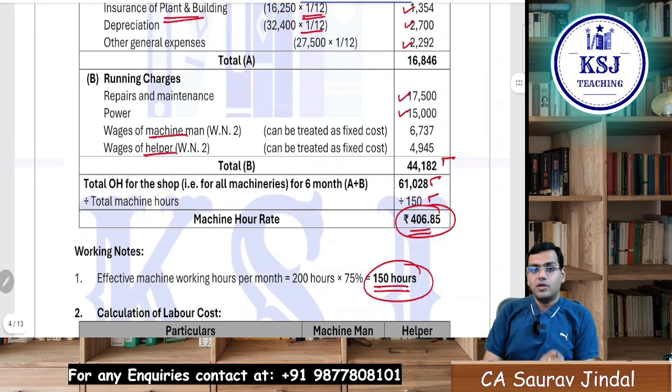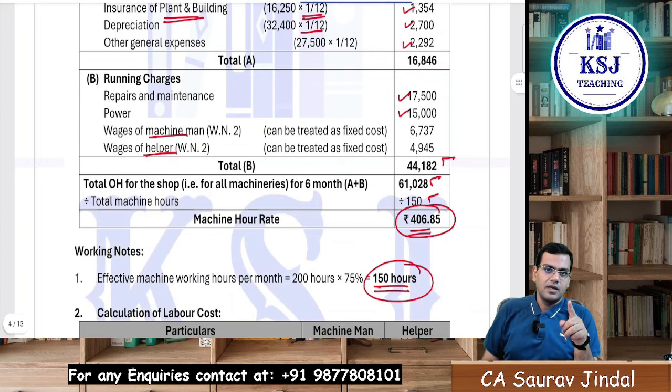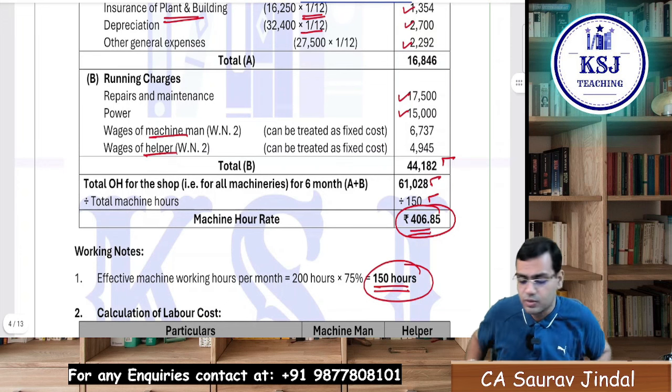Now this is a very important point, sir. If the effective machine hours are monthly or quarterly or annually, all your expenses should be according to that. This is a very common mistake that I have seen students committing and losing marks in the examination, but I know you people are not going to commit such mistakes, right? I have a self-belief, so please do not commit this mistake. This is very important. Clear? I'm saying it again and again that please do not commit such blunders. If you do it in the examination, it will be really tough for you to crack it.